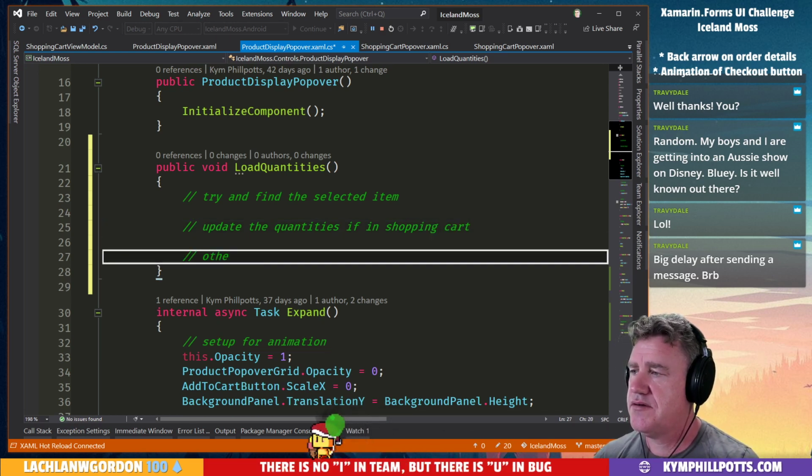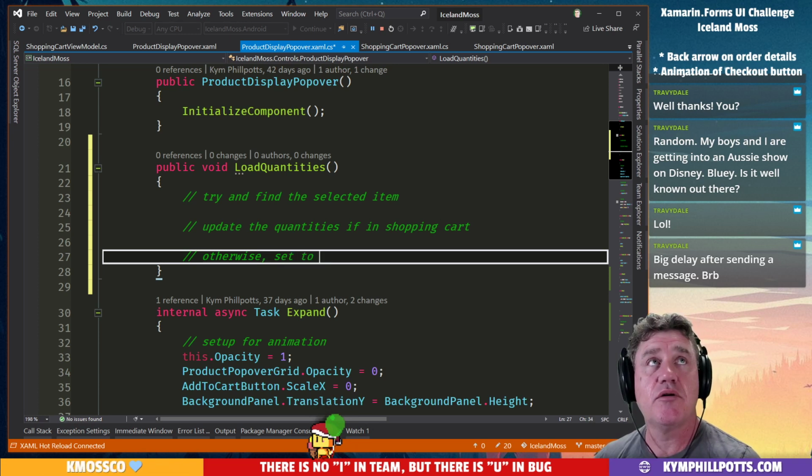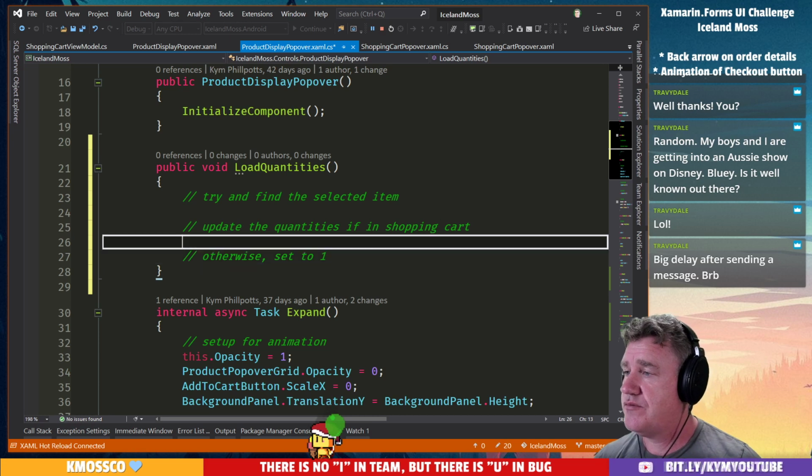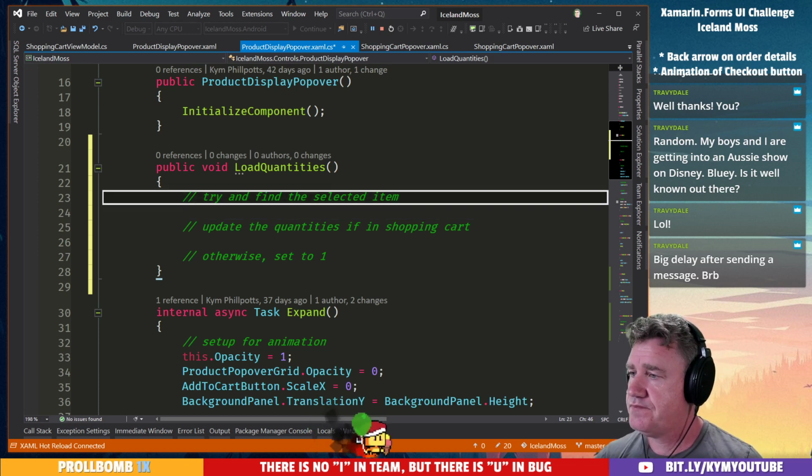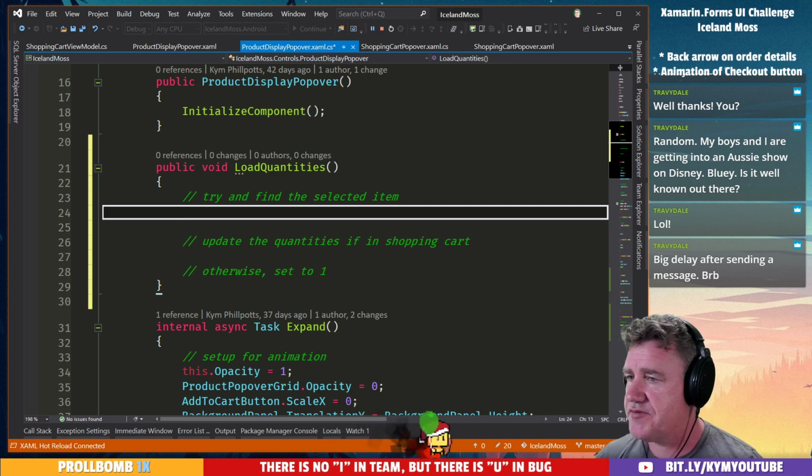Otherwise, we'll set it to 0. No, we won't set it to 0. We'll set it to 1 as the default. Okay. So again, how can we do this? Okay, so